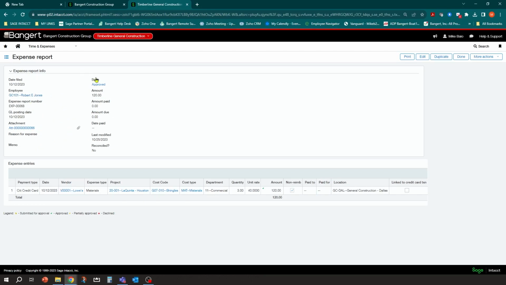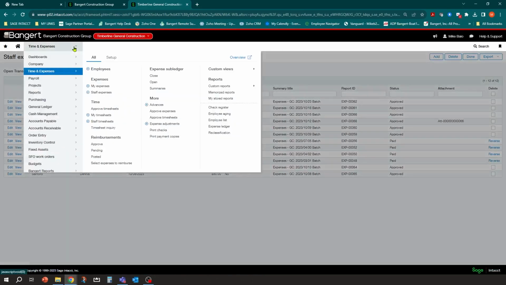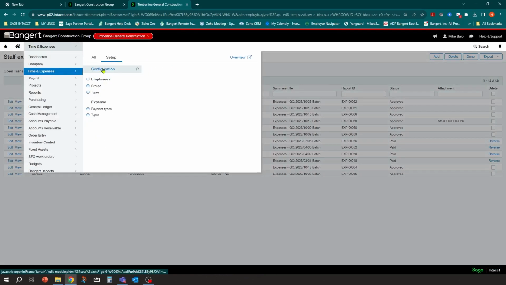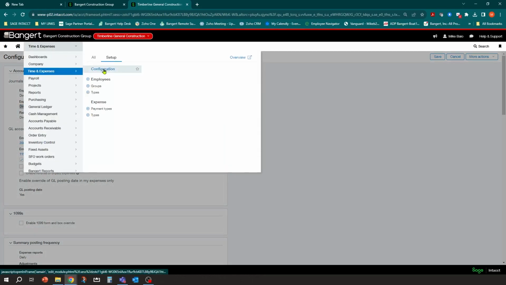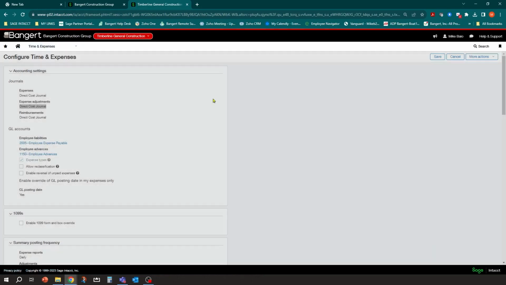So let's do this. Let's go and take a look over at the General Ledger Journal. So part of the configuration in time and expense is saying, all right, when we post the entry, what General Ledger Journal do you want it to go to? So if you're unsure of where it actually went to, maybe you didn't set up the system as far as the configuration goes, you can go into Setup Configuration here under Time and Expense, and it'll tell you right here, where is it posting to? And we have it set up to post directly to what's called the Direct Cost Journal. You can have a journal specifically called Credit Card Charges, whatever you want to call it, to break it out.